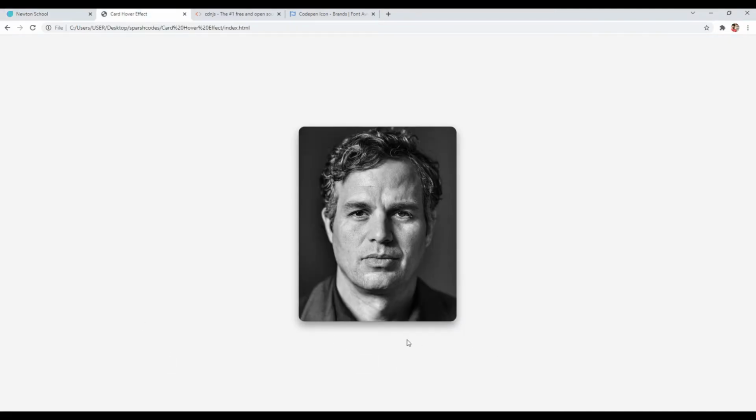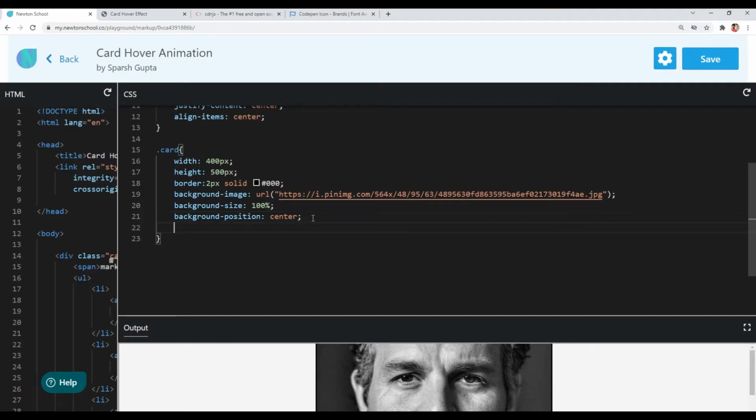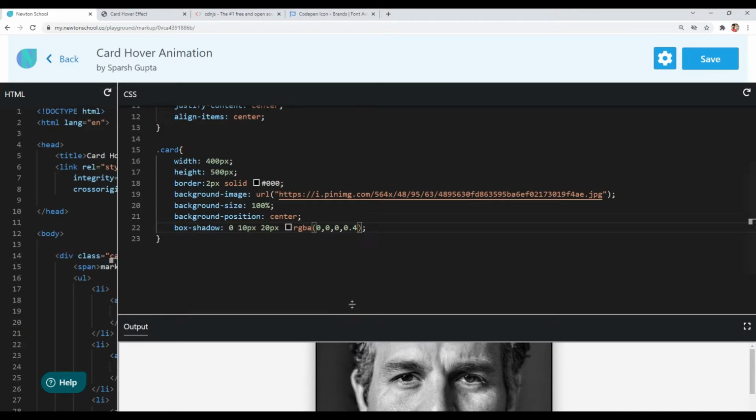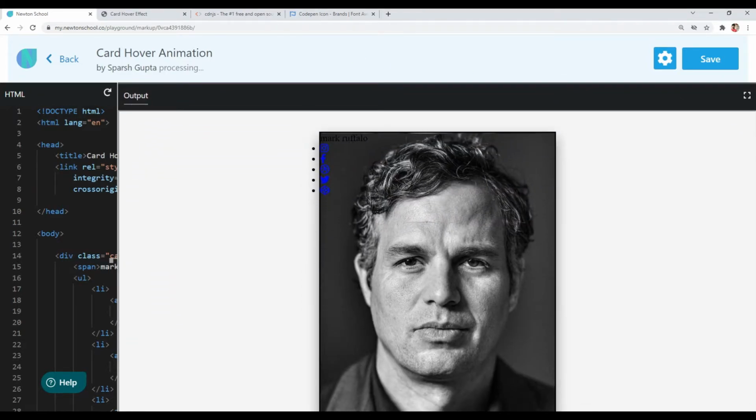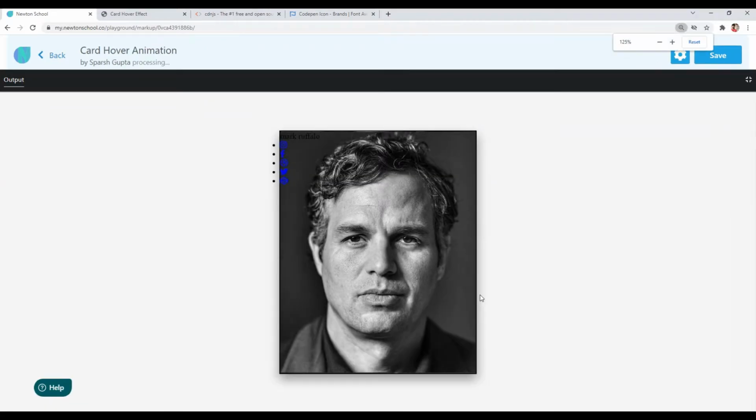We also have a box shadow here, so let's create that box shadow. So I will write box-shadow. For the X offset I want 0, for the Y offset I want 10 pixel, and for the blur value I want 20 pixel. And I will use RGBA for our color format, and I will pass the RGB value of black color, that is 0, 0, 0, and also I will pass an alpha value to control the transparency. So I will write 0.4 for the alpha value so that we can get a softer color and hence a softer shadow.